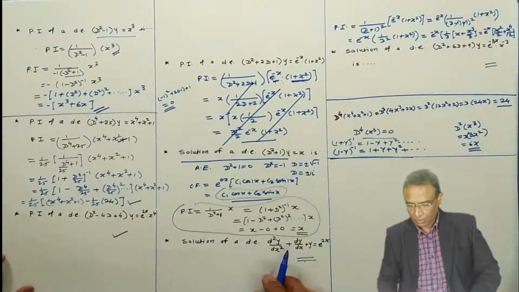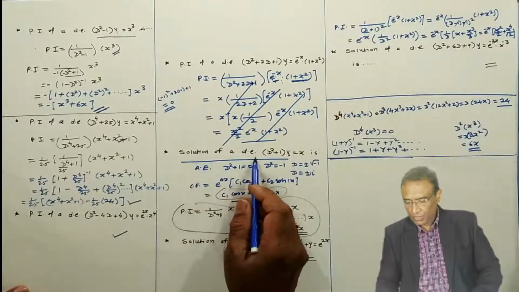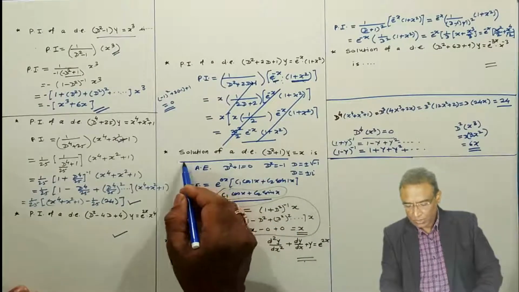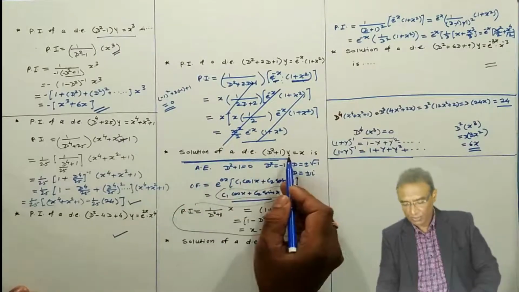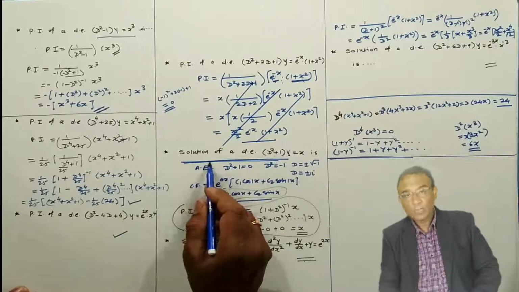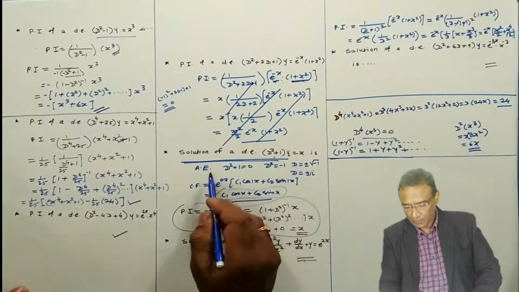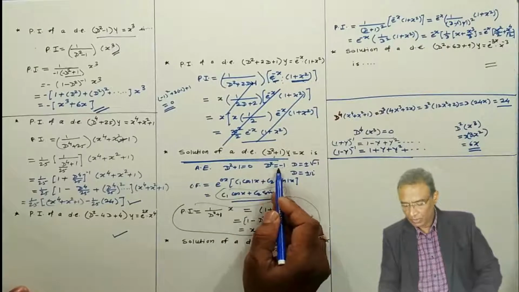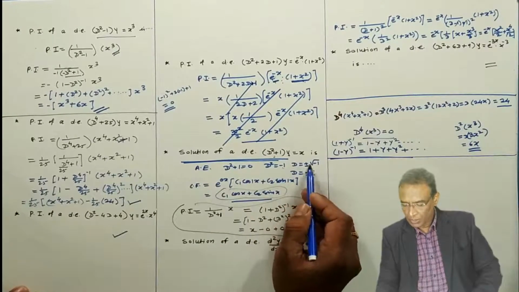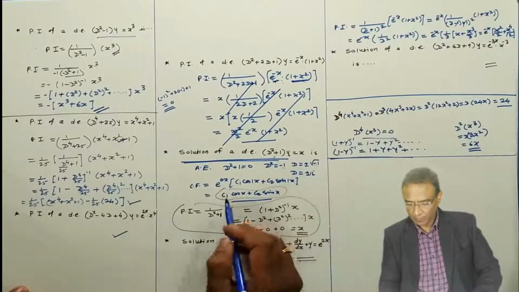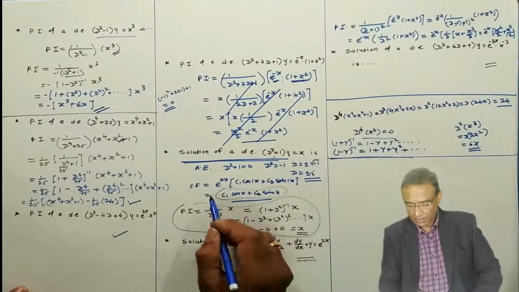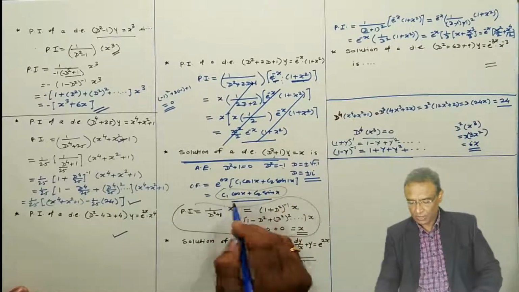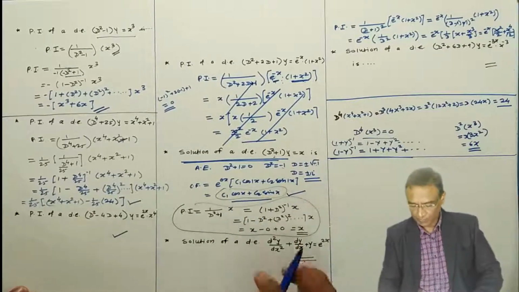Now the solution of the differential equation, this one: shift D square plus 1 to the right hand side. Yes, here the question is like this. The solution of a differential equation means what we have to do? We have to find the complementary function as well as the particular integral. Write down the auxiliary equation. D square equals minus 1, D equal to plus minus root of minus 1, which is plus minus i. The roots are imaginary and different, therefore the complementary function is e raised to power 0x times c1 cos x plus c2 sin x. Okay, this type of thing we have done previously.